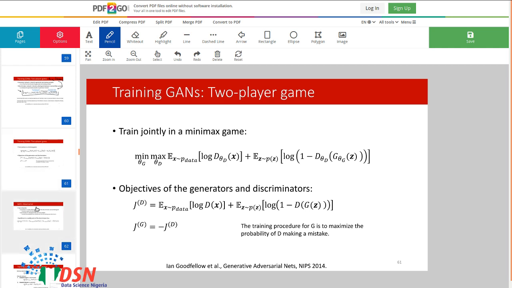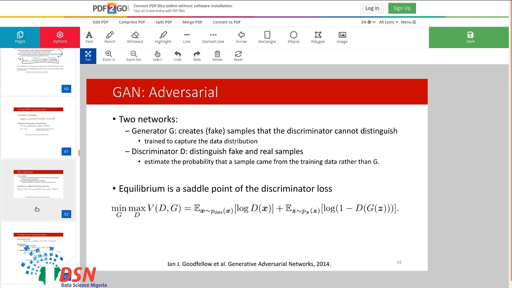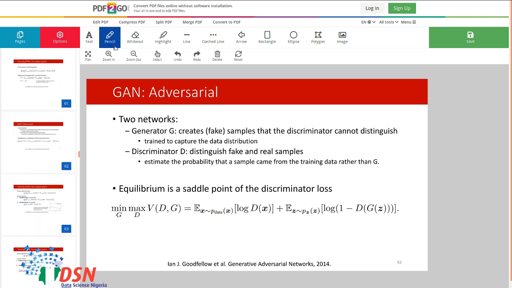As we talked about, the discriminator wants to estimate the probability that a sample comes from the true distribution, or the training data, rather than G. So it tells us how much an input is real looking. And we want to solve this problem.